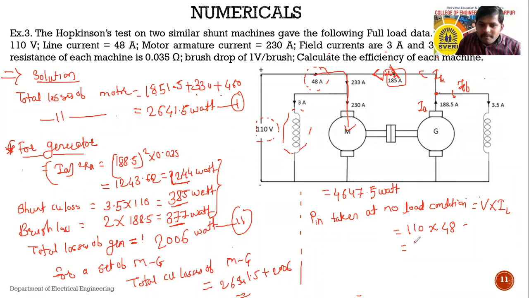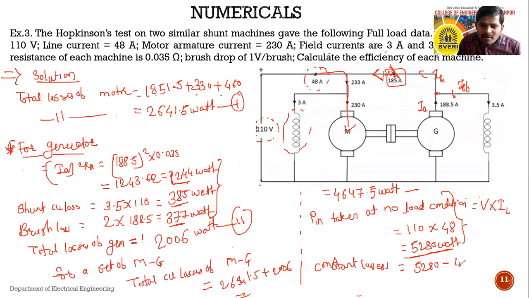5280 watt. Okay, now this is the no load power taken from the supply. If I subtract copper losses from this no load power, then I am able to calculate the constant losses. So the constant losses of the machine, or we can call it iron or friction losses, constant losses, it is equals to no load power taken